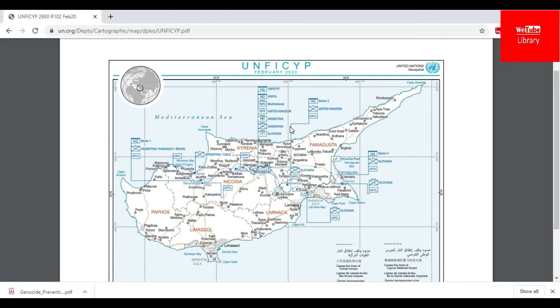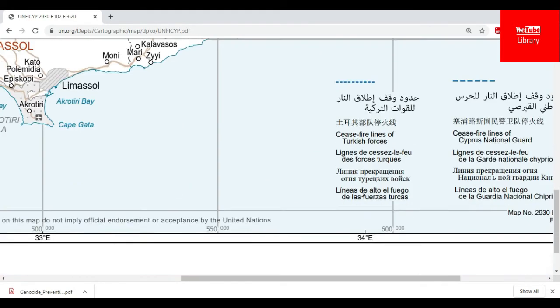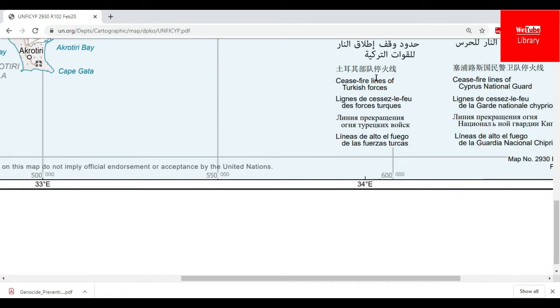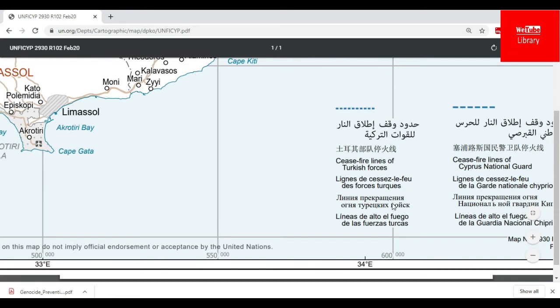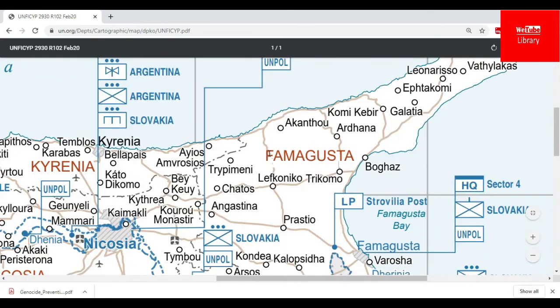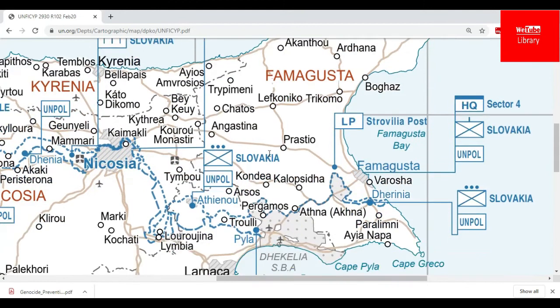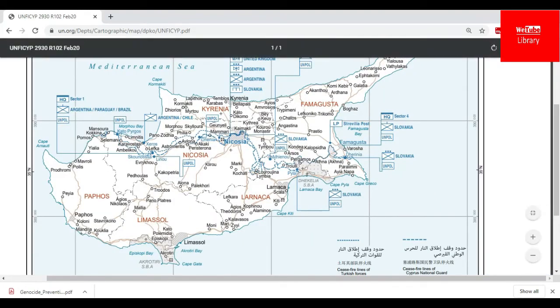Here you can see the index is given. As the United Nations has six official languages, you can find the index in six official languages. But whatever is given in the map is only in English. So it is a really helpful map if you want to study different missions. So this is about the missions I told you. Let's discuss